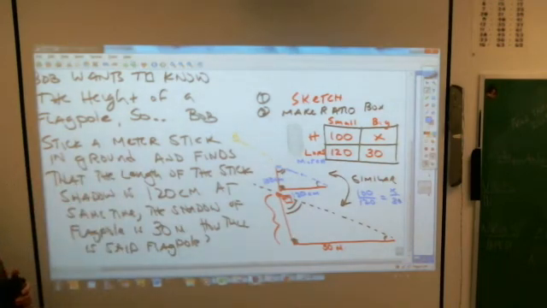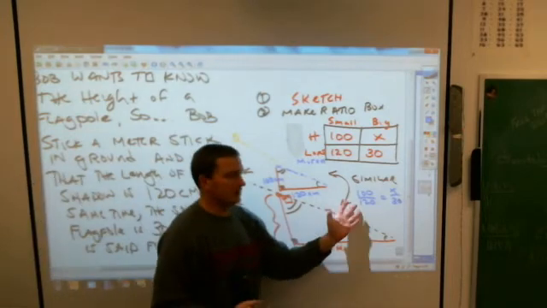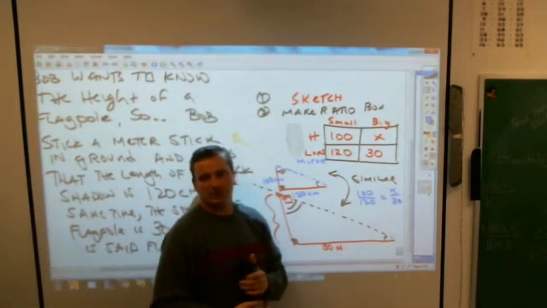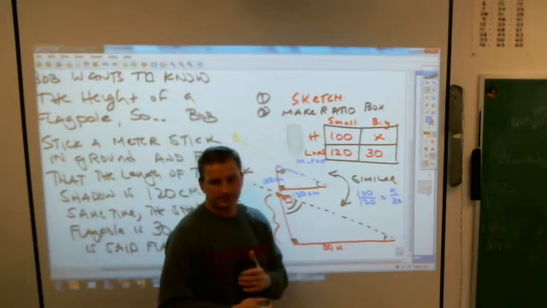Anybody, easier way than doing that? What Abram said is you can multiply 30 times 100 divided by 120. You will get the answer there, but there's a quicker, easier, simpler way. Amelia? Divide